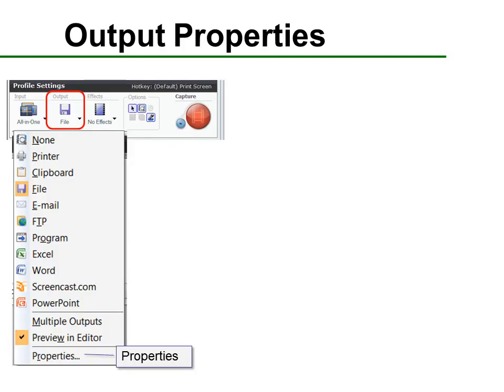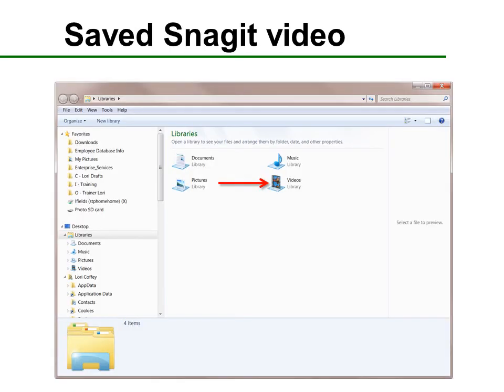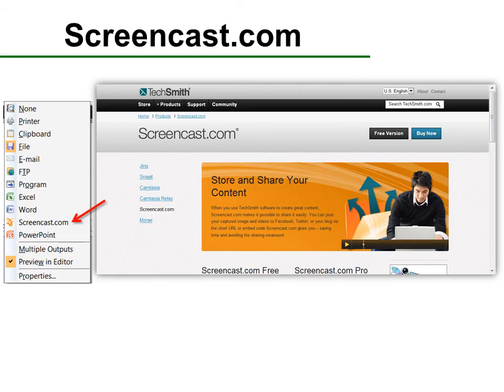You can choose properties for output. For example, for your video, you can change it from 30 to 5 frames per second, etc. You can change your audio options and file name, etc. It does save as an audio-video interleave or .avi file by default. And then you'll find it under your videos. Now, if you don't have enough memory to store all of that video, you can store it on their website,